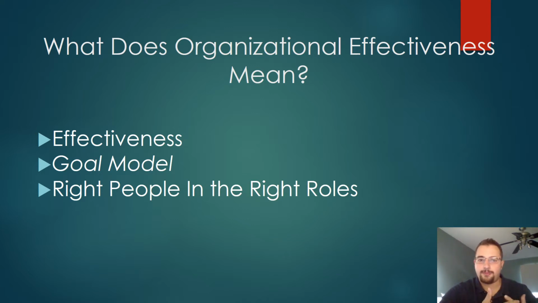So, it really comes from the top down, but it is affected on every single level of the company. So, you got to have the right people as founders, as executives, all the way down to management, local management, and then employees as well. Partners within your business also factor in there. But really, right people in the right roles is a key in order for an organization to actually be effective.